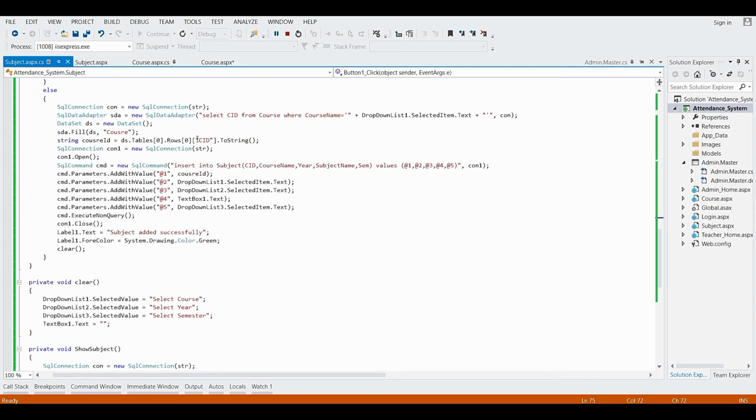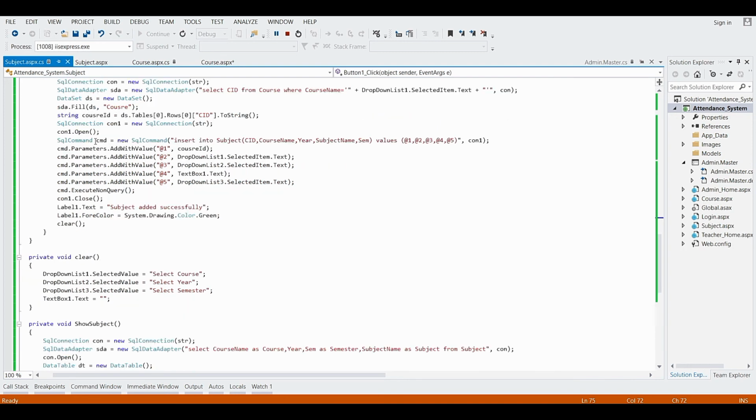Only one column is there, named CID. We have to convert it into a string because we are going to store it in the string variable course ID. So now we have got the course ID, right?